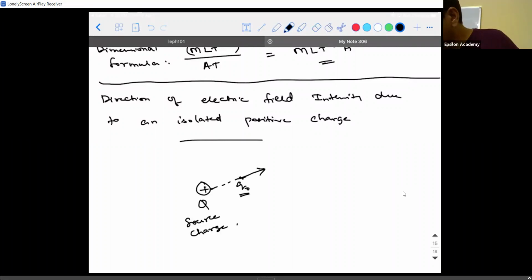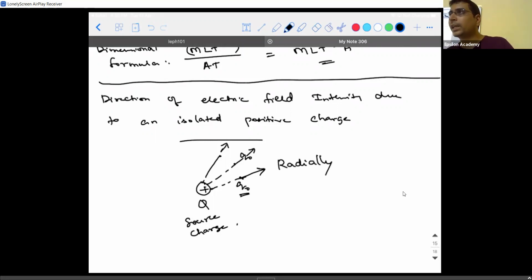Right. Similarly, if I keep the test charge here, then this will be the direction. If I keep the test charge here, this is going to be the direction. So if you keep moving the test charge anywhere around the source charge, then what is the direction in which the electric field can be found? It will be in a radially outward direction. It's called radially outward direction. The reason I am using the word radially is that if I take it as a sphere, it is acting along the radial direction, the radius.